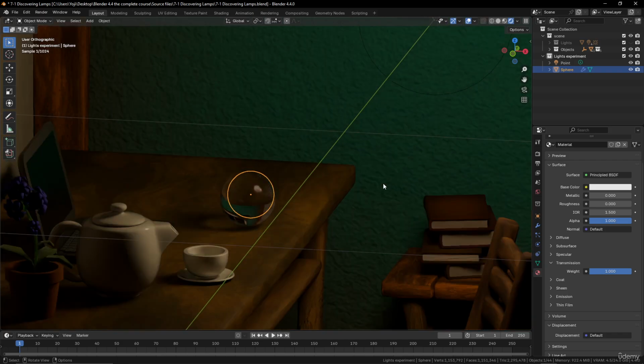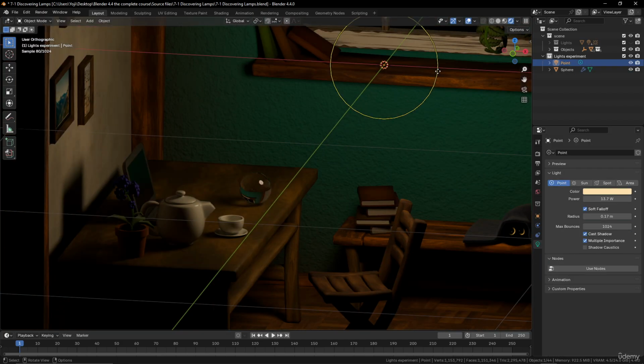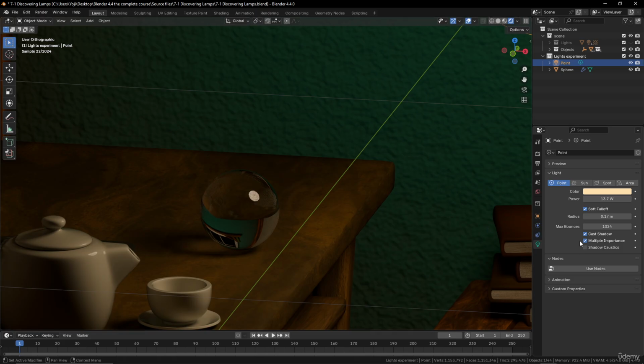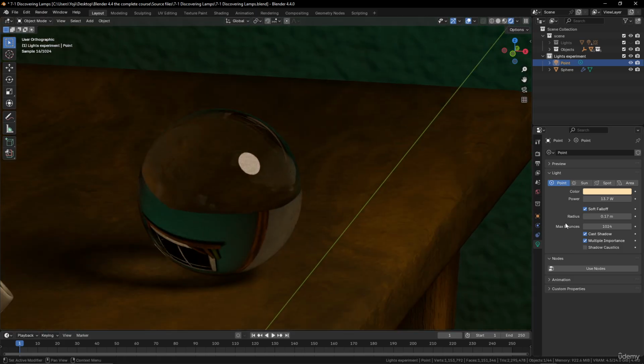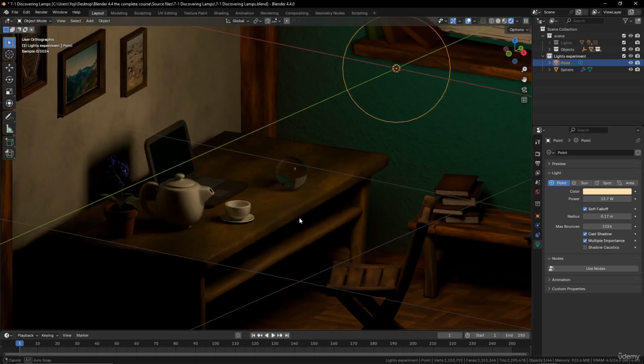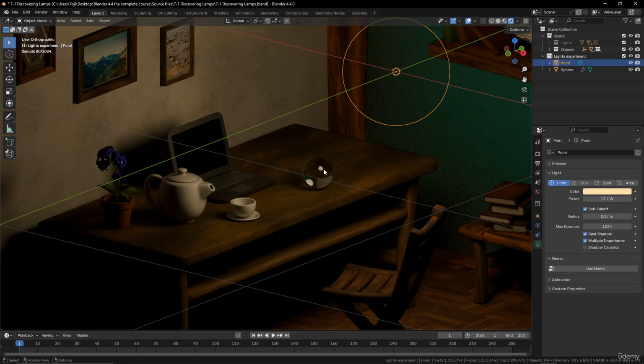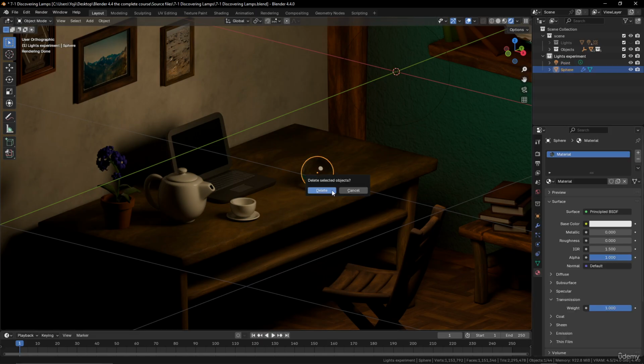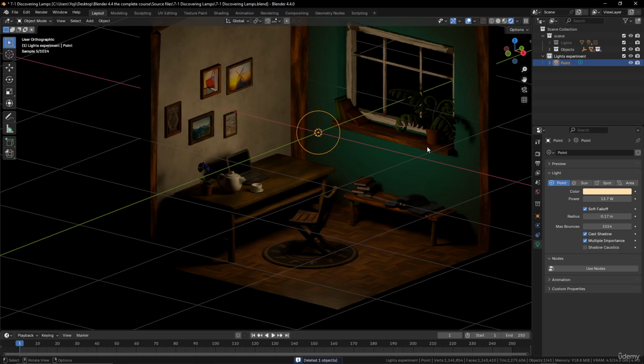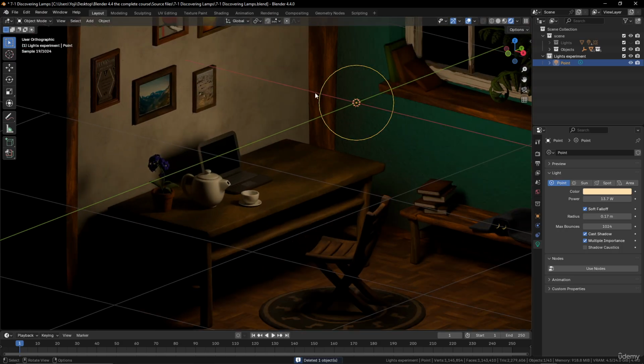So what we want here, when you select the light now, if you enable shadow caustics, it will change a little here. It doesn't show that much, but it will change the reflections a little and show better, more accurate results. It takes a lot of memory, so don't use it if you don't have any transparent material in your scene, okay? So this is the point lamp, and it's very useful for interior